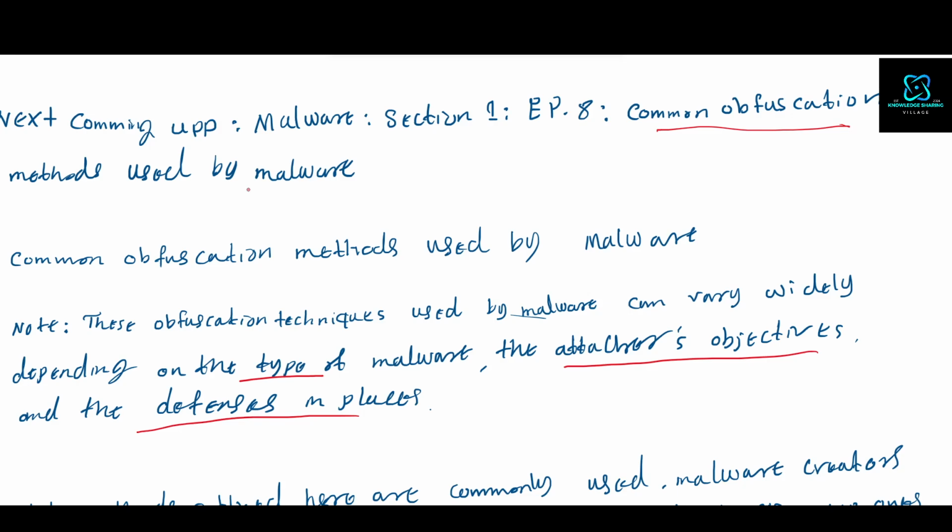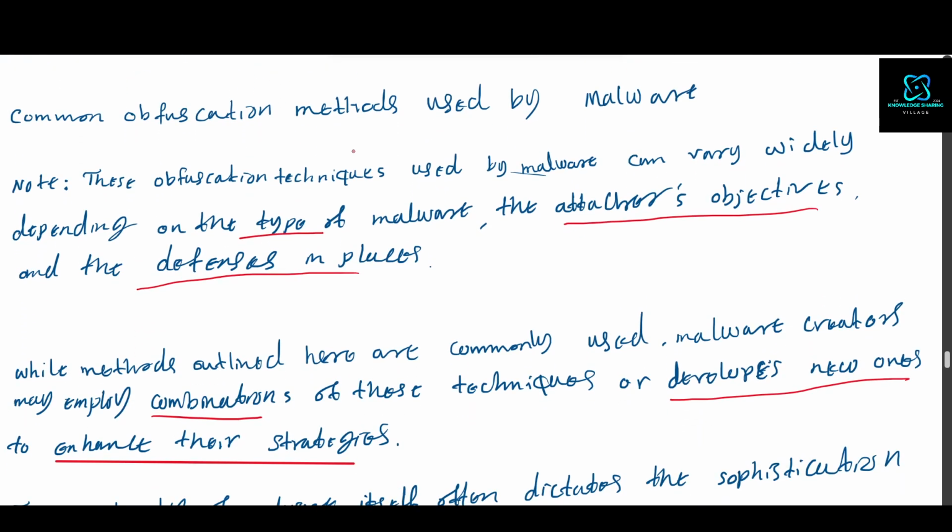in this platform, Knowledge Sharing Village, the goal is to share our knowledge with each other and learn from each other. Note that the obfuscation techniques used by malware can vary widely depending on the type of malware. This is the first factor. The second factor is the attacker's objective. The third factor is the defense mechanism put in place by the defense team. While the methods outlined here are commonly used, malware creators may employ a combination of these techniques or develop a whole new one